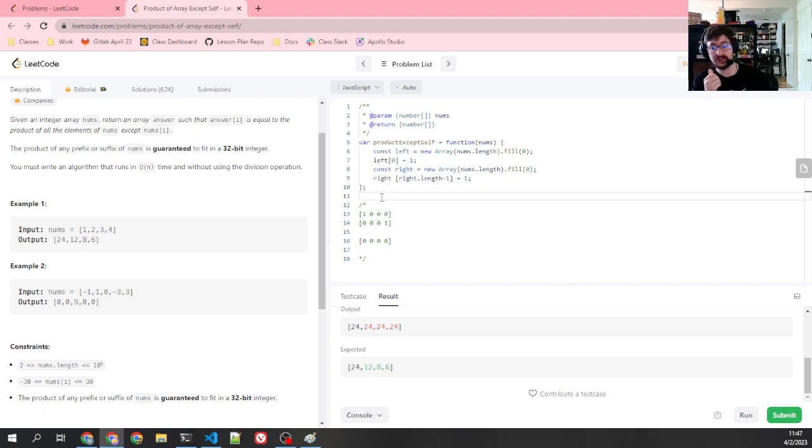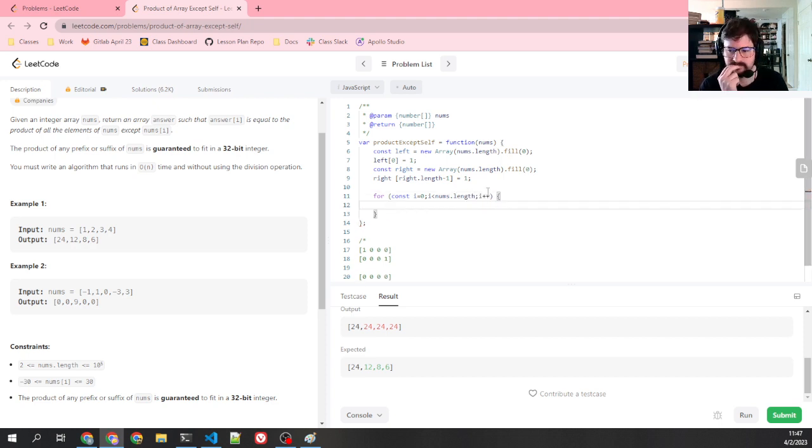You can see a couple other of these that I've done, like a couple of the leetcode videos where I'm just like, I don't know how to solve this, but I'm just going to talk through it. Anyway, let's see. We got our left, we got our right, and then nums.length. What would we fill with those? What would we fill this with? So the left,